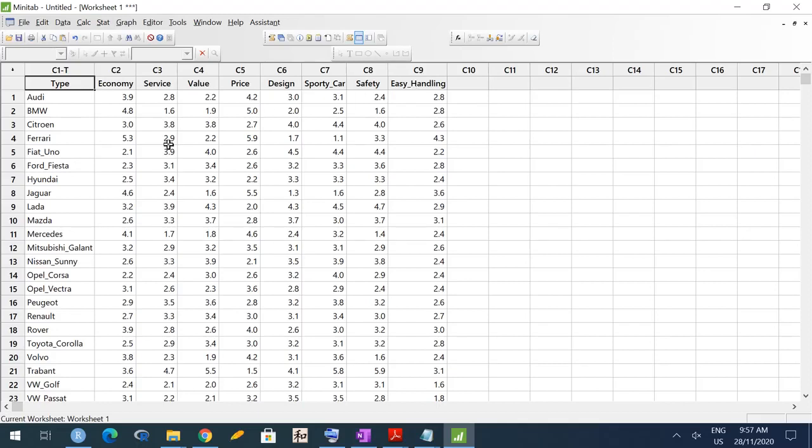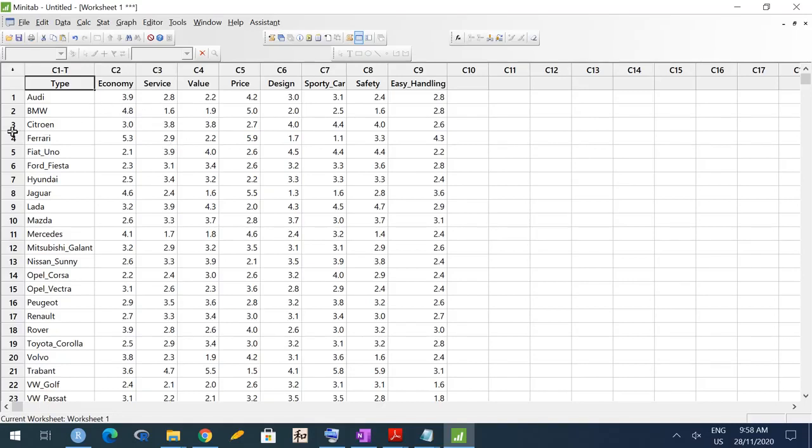Remember, this data set comes from Germany, so the numbers may not be as you expect them because the grading is kind of like ranking. So 1 actually means the best and 6 actually means the worst.